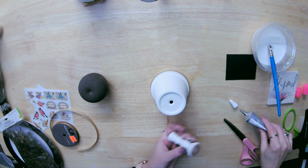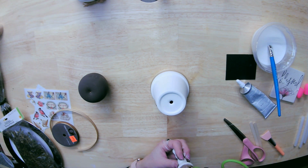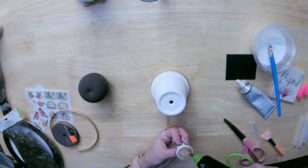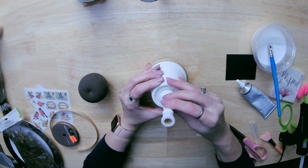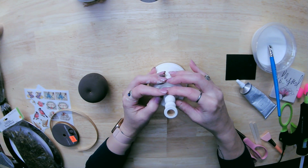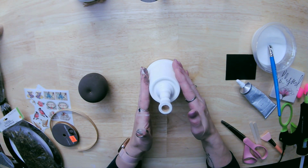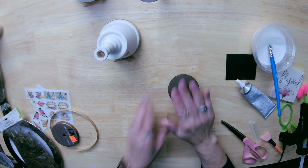And now I'm going to take the little candlestick and I'm going to use some E6000 and some of my Surebonder hot glue, because you got to stick with the best. And I'm going to put a little bit of that on again so that we get the permanent hold of the E6000 when it cures, and the quick hold of the Surebonder glue. There we go. All right, so we'll set that aside to dry for a while, and we're going to work